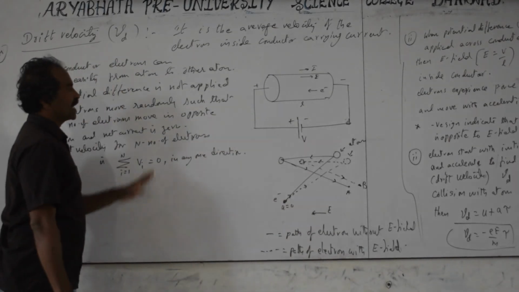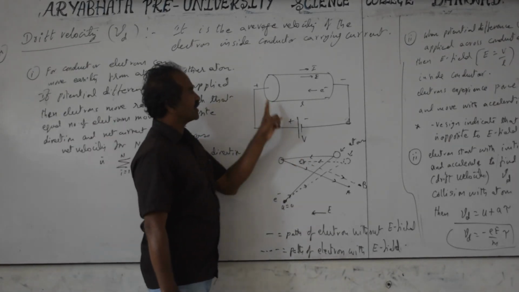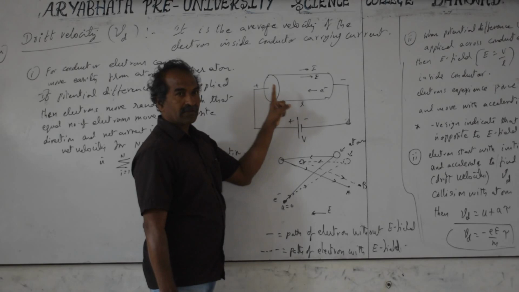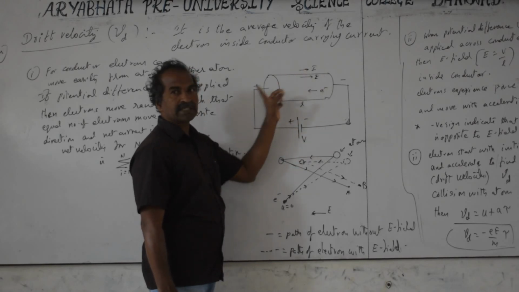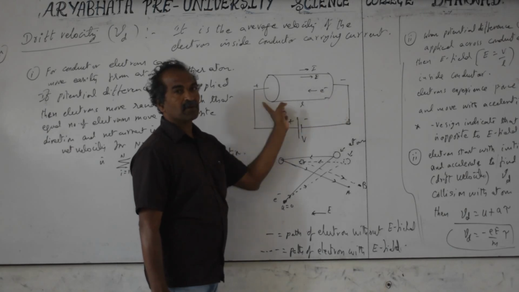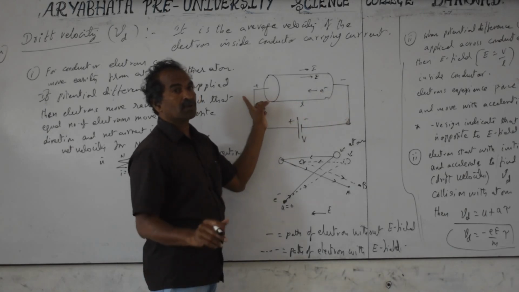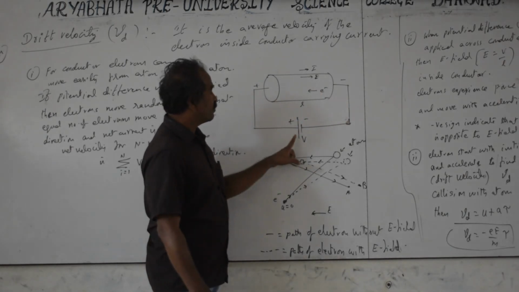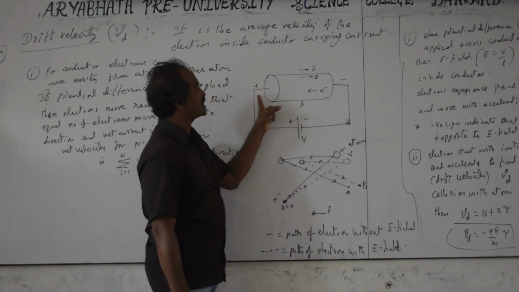If you take any conductor, a potential difference is compulsory for current to be produced. Without potential difference, there is no current. If the two ends of the conductor are at the same potential, say 10 volts on this side and 10 volts on this side, then the potential difference is equal to 0. Potential difference is required. A battery always provides a potential difference between its two terminals.